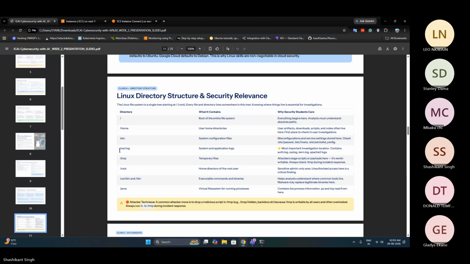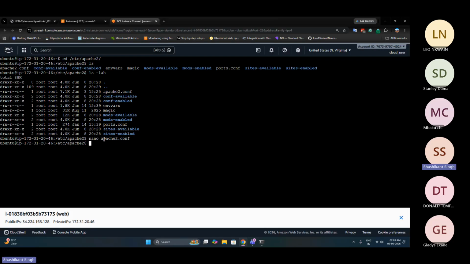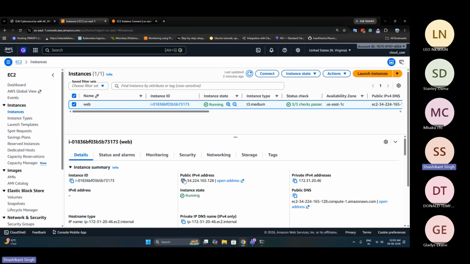Okay. Then we have something called /var/log. This is where all the system-wide logs are stored. So what do I mean by system-wide logs? System-wide log means anything that I do here will be logged. For example, this Apache thing, I said this is the web server. So if I go here, and if I open this page,